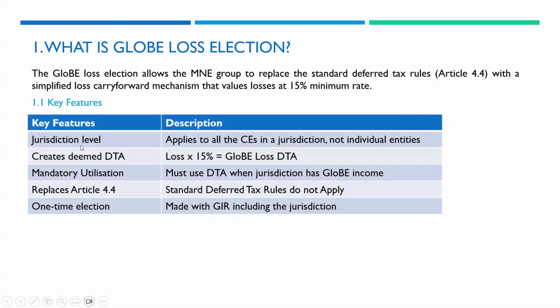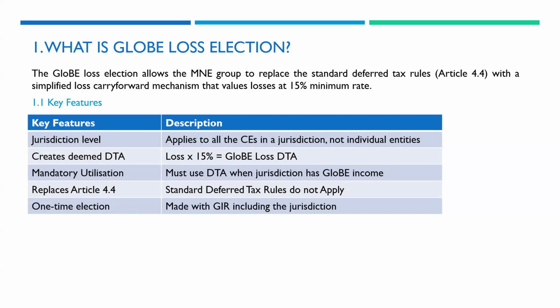The key feature is it's applied at the jurisdictional level, applies to all CEs. Once you choose that you will go for a GloBE law selection, you will go for 4.5 instead of 4.4. It applies to all the entities in that jurisdiction. And it creates a deemed DTA. So whatever is the loss, even if it's at 0%, you will now get a GloBE loss DTA equal to 15%. 15% recast even if you haven't